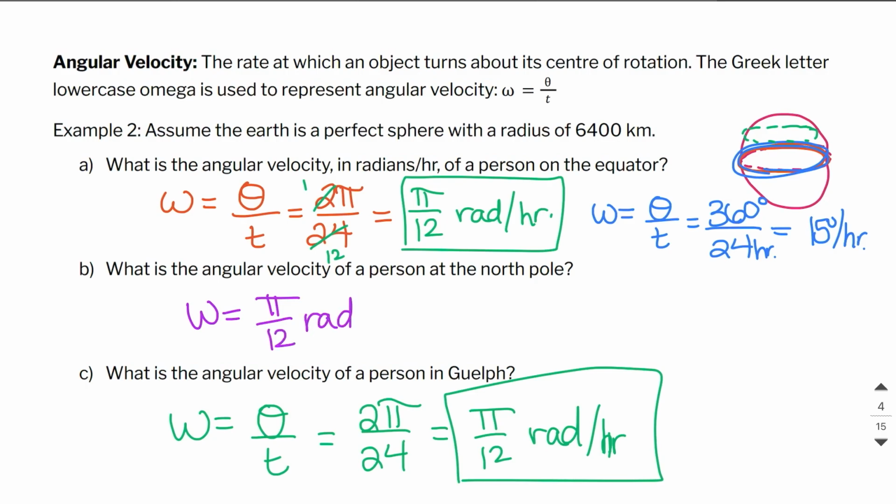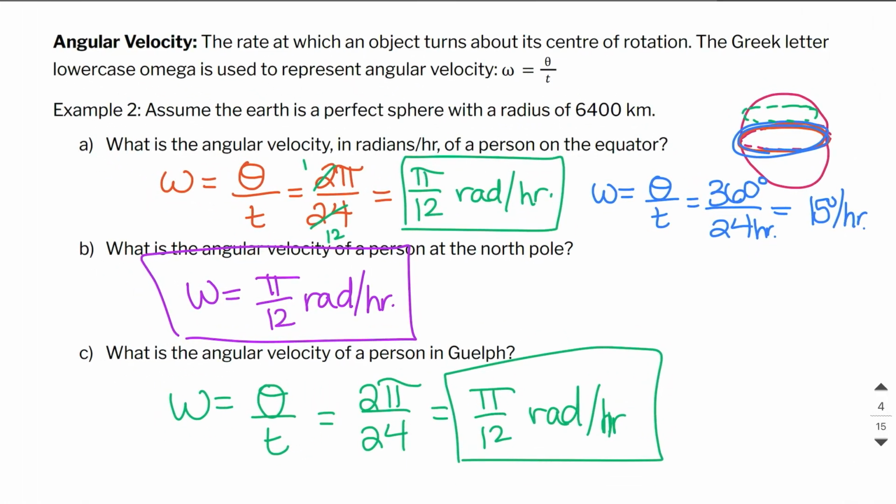It's also going to be pi over 12 radians per hour. So that's the difference between linear velocity and angular velocity. Angular velocity is how big of an angle you are covering. It doesn't matter the size of the shape that we're looking at, the angle is what we're looking at here, versus linear velocity, where the size